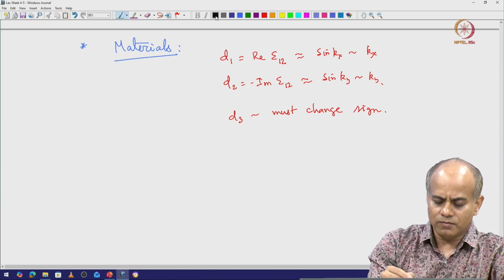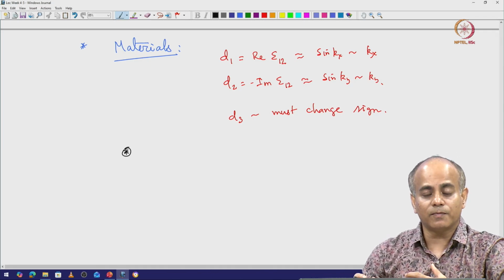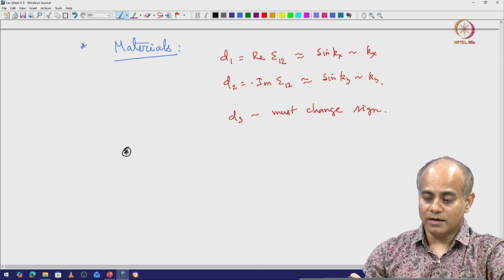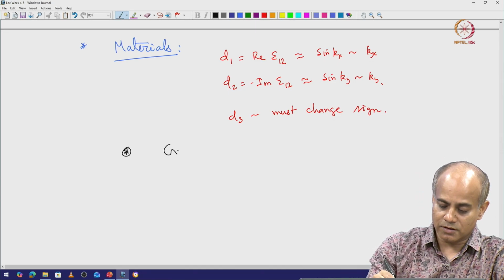So these are the common materials, I would rather say common platforms, on which topological materials naturally arise or can be engineered, and they turn out to be